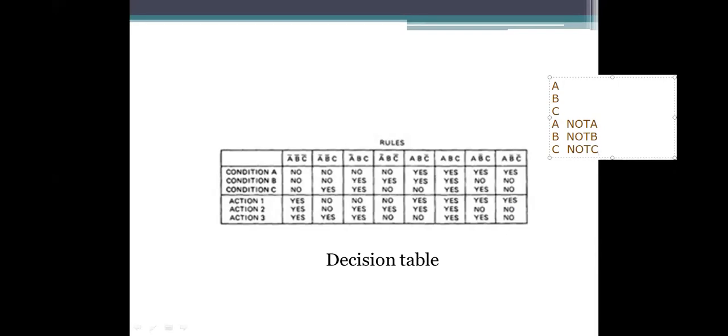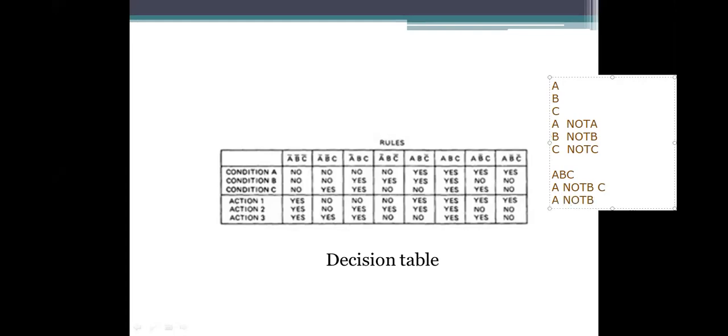We need to specify. Means we are getting the values, all the values are involved or not, we need to read there. So what could be the values? A, B, C. A, not B, and then C. Means A, B bar, C. A, B bar, C. And the next A, not B, not C. Okay. So likewise, I took the truth values of that one. I formed the rules here.